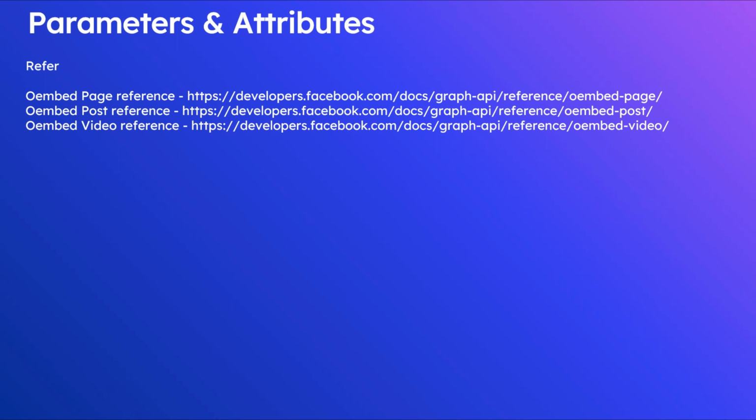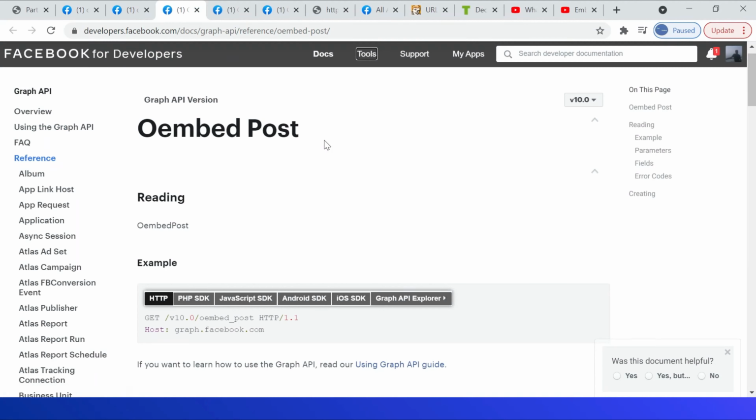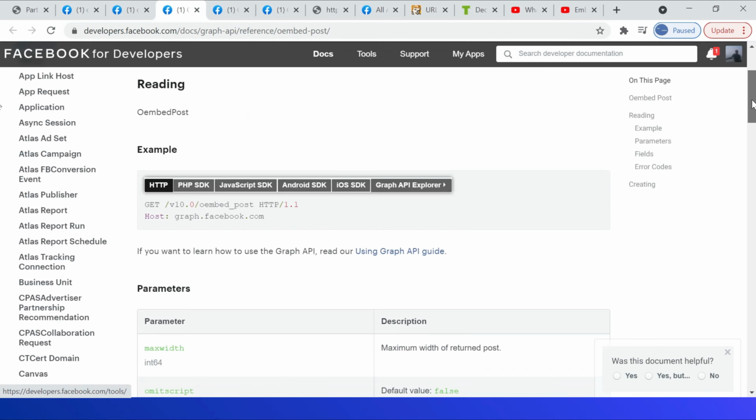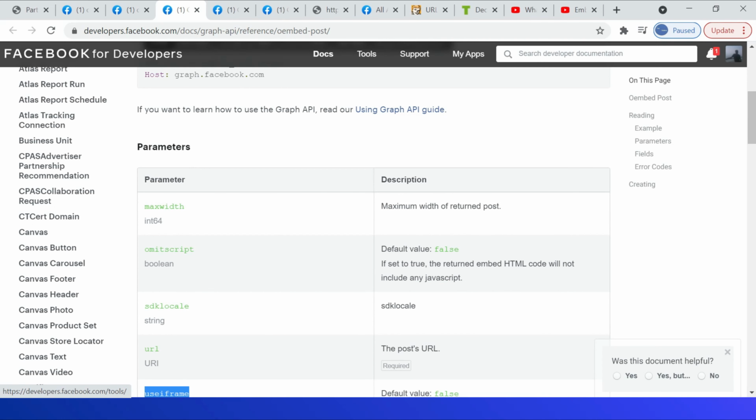Refer to these URLs to identify the request parameters required to invoke the API endpoints and to identify the response attributes. OEmbed post, these are the parameters: max width, then omit script. By default, the embed HTML returns the JavaScript required to render the HTML in the website, but we can set it as false so that the JavaScript will not be returned.